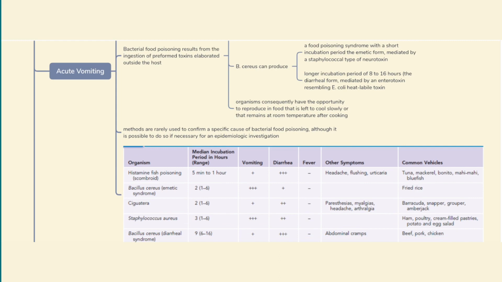So, if the food is left to cool slowly or remains at room temperature after cooking for a long time, these organisms will multiply and will have their toxin produced inside our food. We don't usually confirm such a diagnosis. The diagnosis is made clinically, and it is possible, but we do it only if we have an epidemiological investigation, where